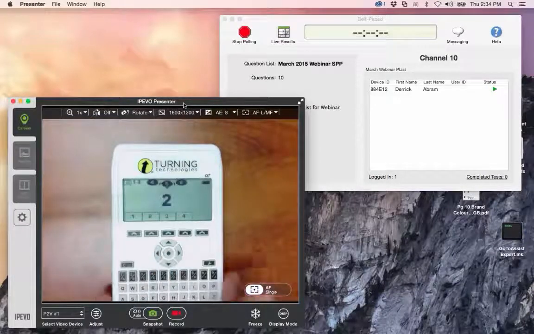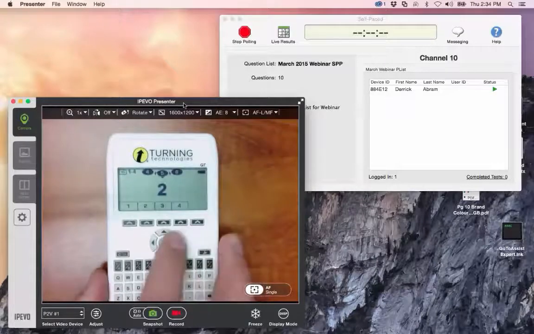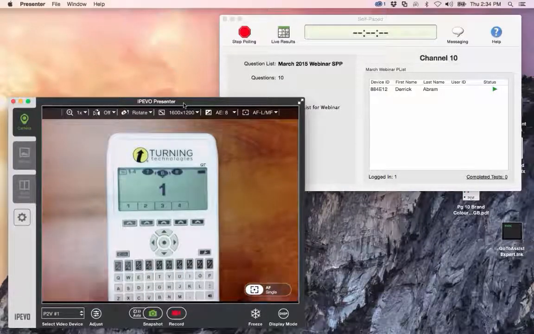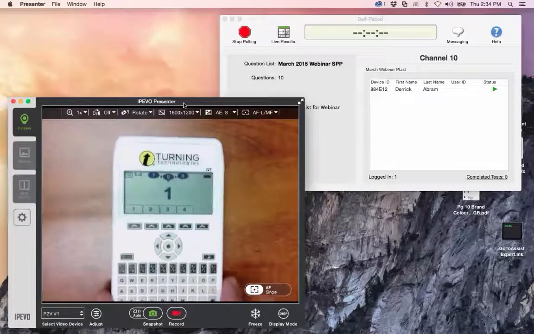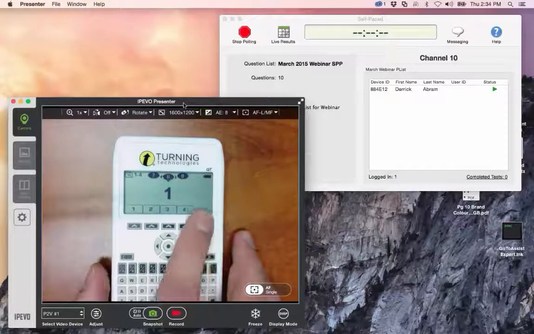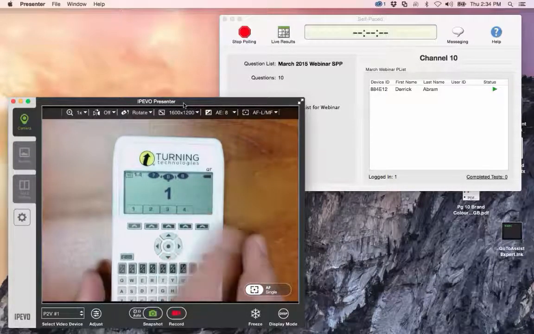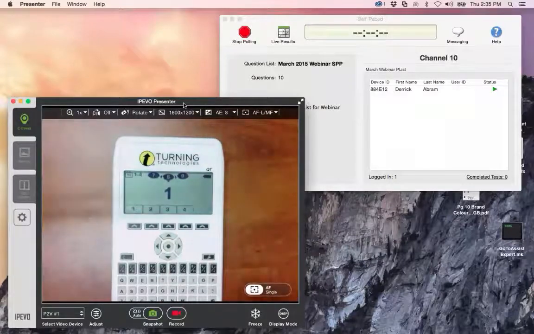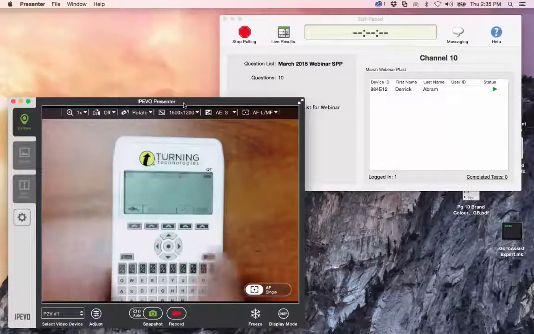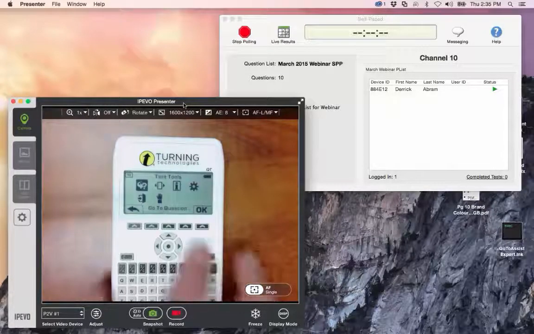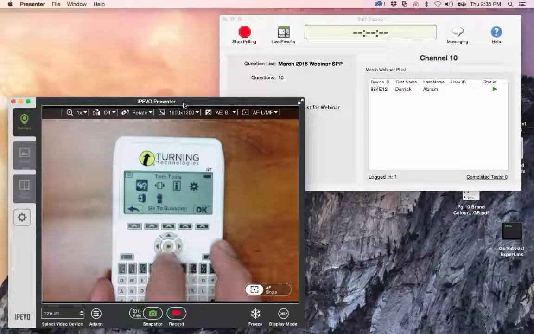And now this is actually a source of confusion. A lot of people, once they're here, have no idea how to submit the test. If you're using the NXT keypads, you're going to have a little button in the bottom corner that has a wrench on it, and you just hit that button and it gives you an option to send your test. On the QT, you just hit the little wrench button here on the keypad,